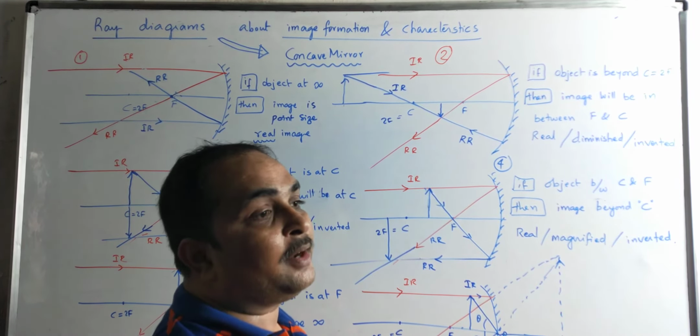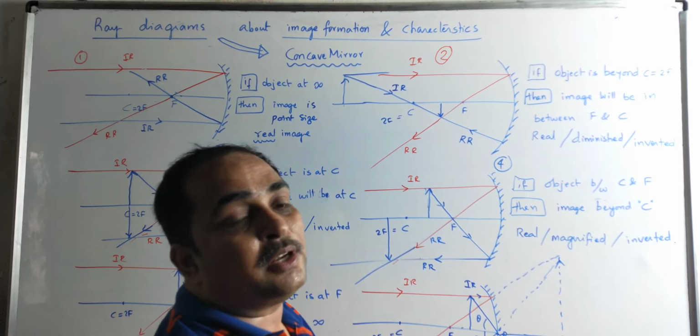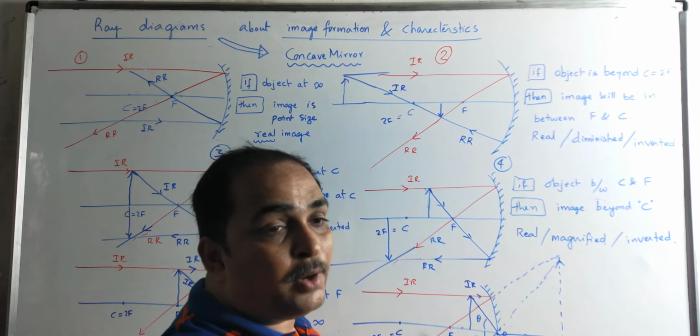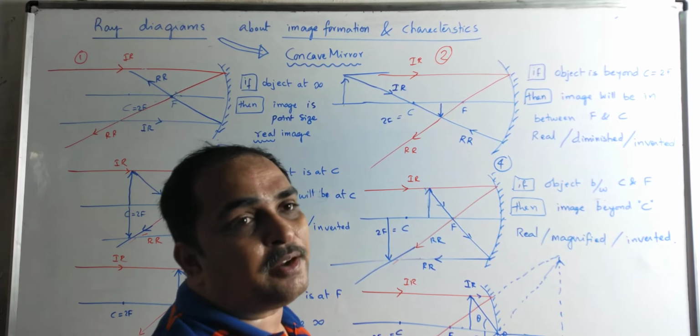Suppose you are standing in front of a mirror, nobody will be at the back of the mirror, but you can see yourself in the mirror. How is it happening? Because you have eyes. If you close your eyes, it cannot happen. If you switch off the light, it cannot happen. So light is required, your eyes are required, and a mirror is required.